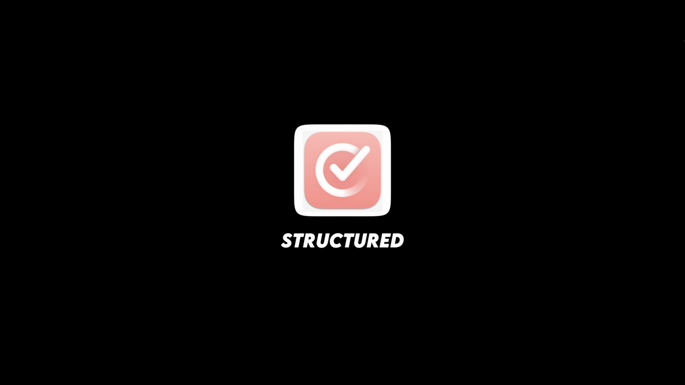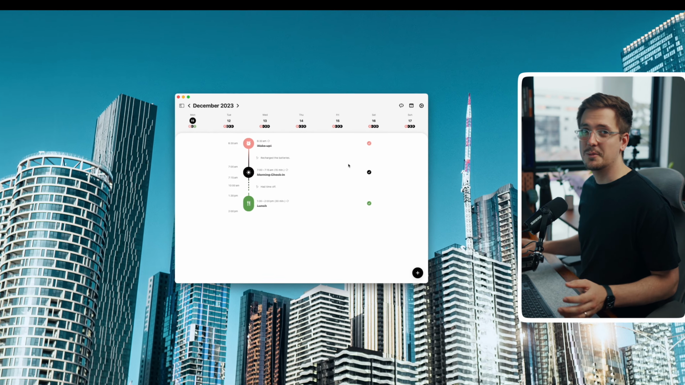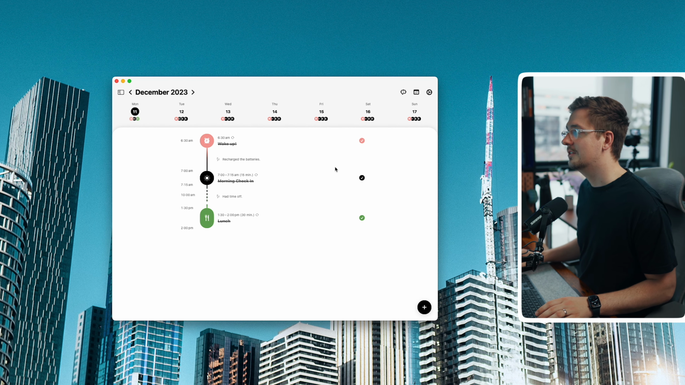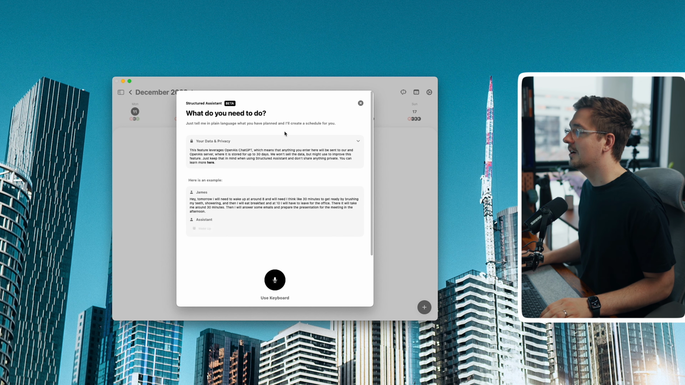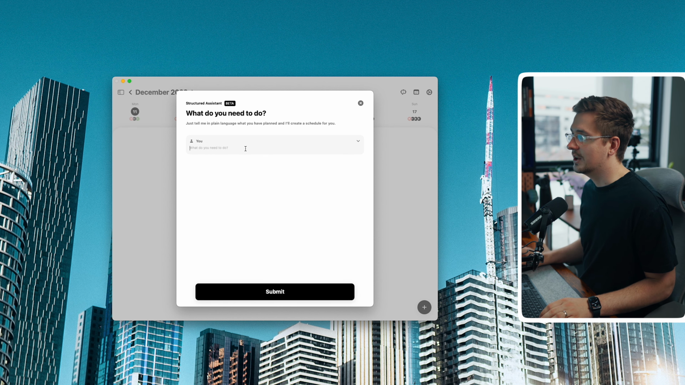All right, so next on the list is this app here called Structured. And I've actually been using it a lot lately in conjunction with my physical journal in terms of keeping track of my daily tasks and checklists. And the cool thing about Structured is that it's fully integrated with AI. So I can just open the AI assistant and then use the keyboard and I can just type in what I